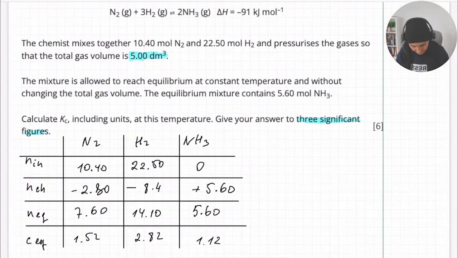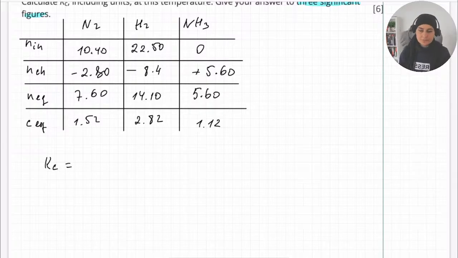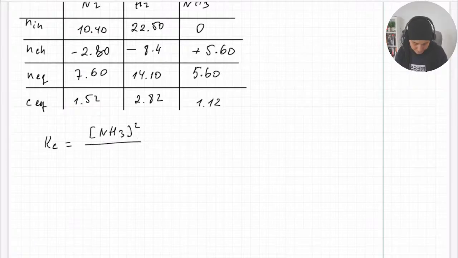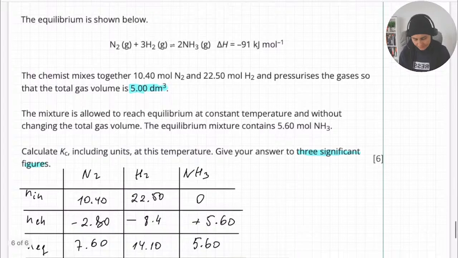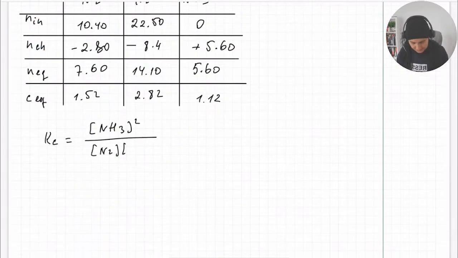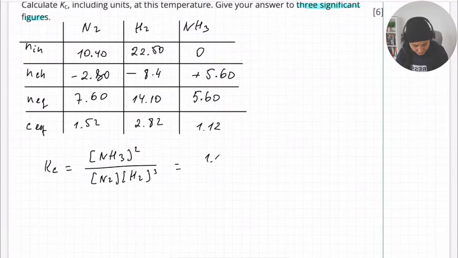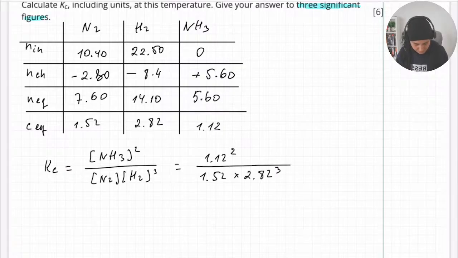Now let's write down the Kc expression and plug all the numbers in. So Kc: product over reactants to the power of coefficients. So NH3 squared, that's the product, divided by N2 to the power of 1 times H2 to the power of 3. And then plugging in: 1.12 squared over nitrogen 1.52, hydrogen 2.82 cubed. And now I have to not mess up the calculation. That is